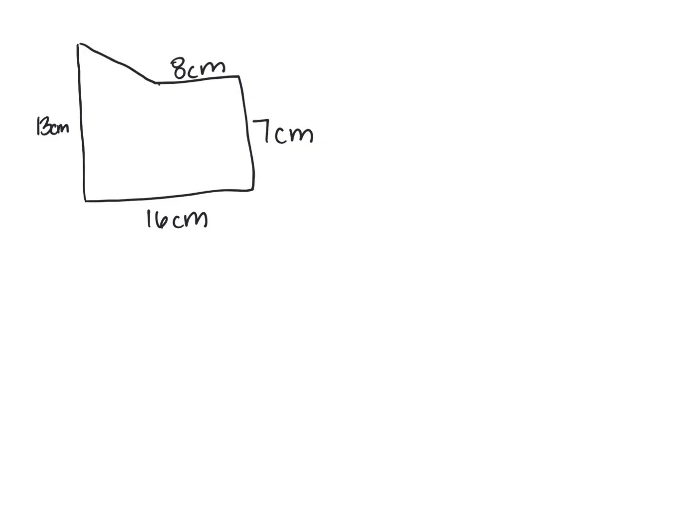Here is our first example. We have a polygon here, and notice that in this polygon, we could actually break it up into two shapes. If I draw my little dashed line here, you can see that I have now made a triangle sitting on top of a parallelogram. So I'm going to label that this is a parallelogram, and up here, I have a triangle. Okay, so I'm going to break up these two shapes, and first I'm going to start by finding the area